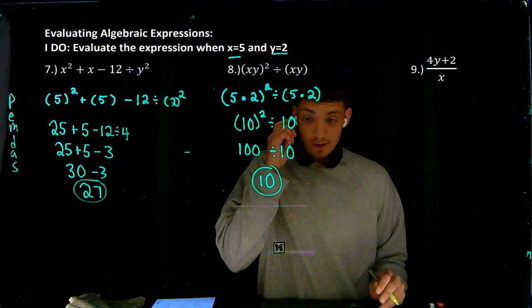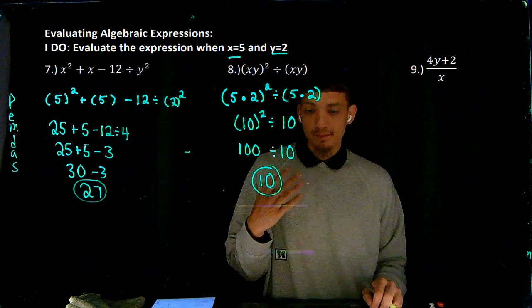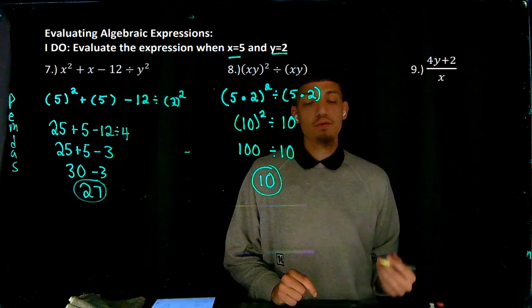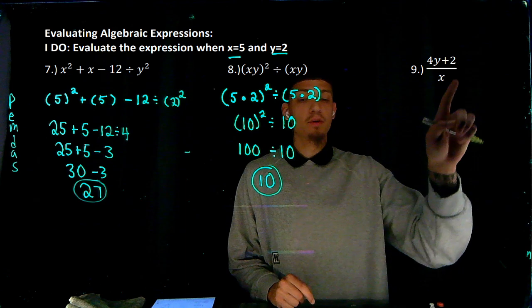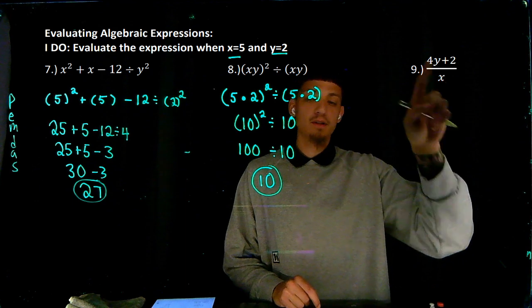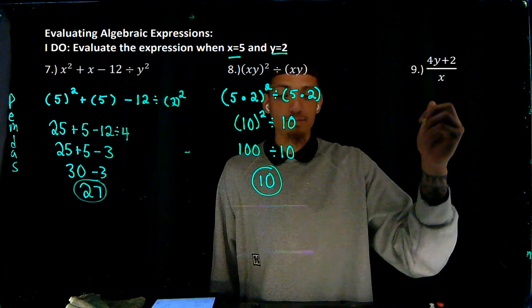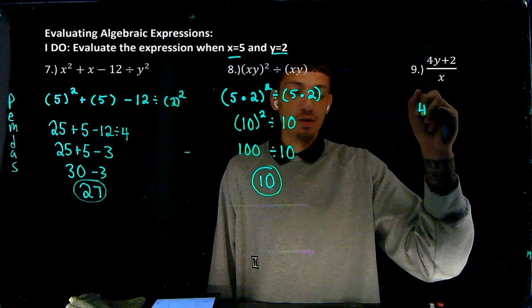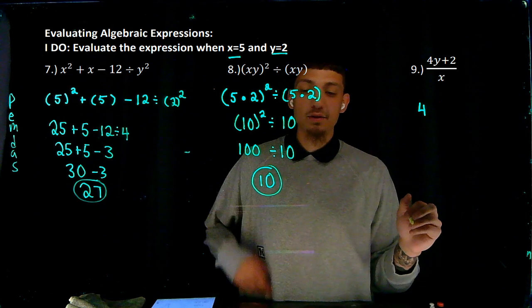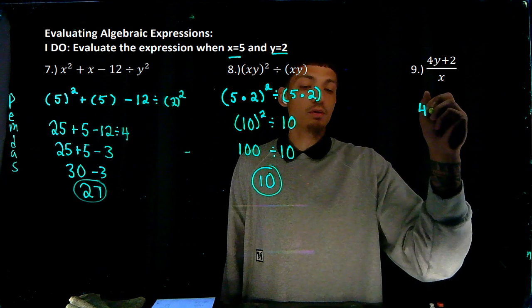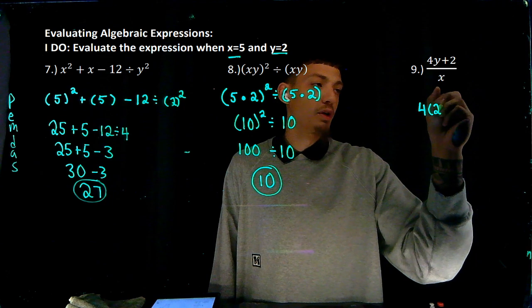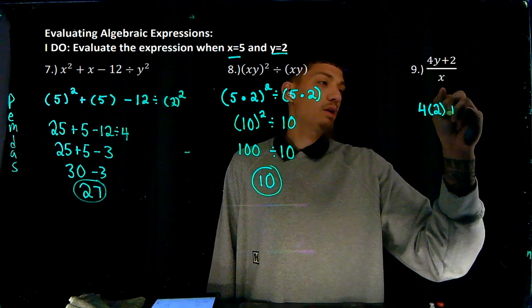So number 9 is no different, except that it's in terms of a fraction, so you know that we're going to have to divide by whatever x is. In this case, we're going to divide by 5 eventually. So we have 4y, but in this case, we know y is equal to 2, so we're going to replace y for 2, and when you plug in, use parentheses, plus 2